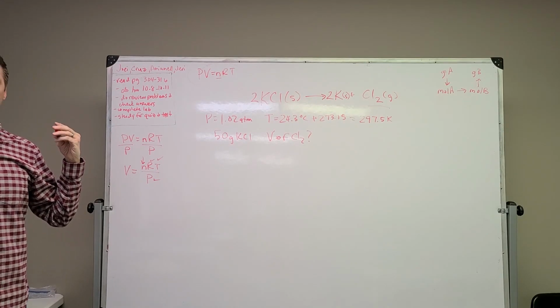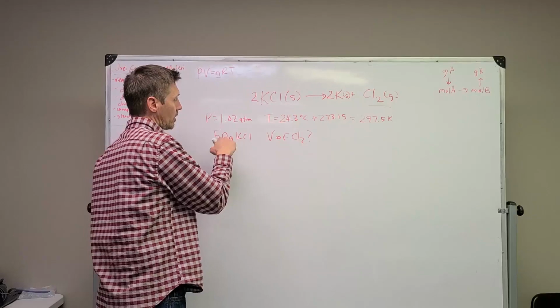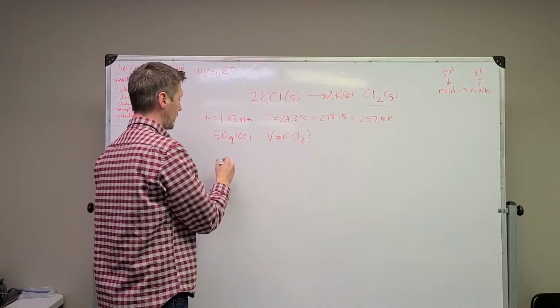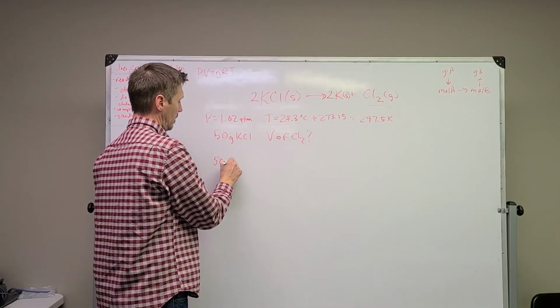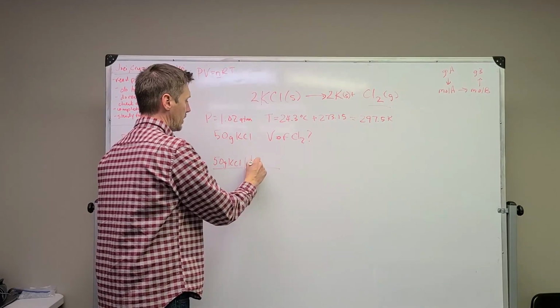So does everybody understand what we've got to do? All right, cool. So the first thing we have to do is go from grams of KCl to moles of KCl. So 50 grams of KCl, the way that we do that is we look at our periodic table and we